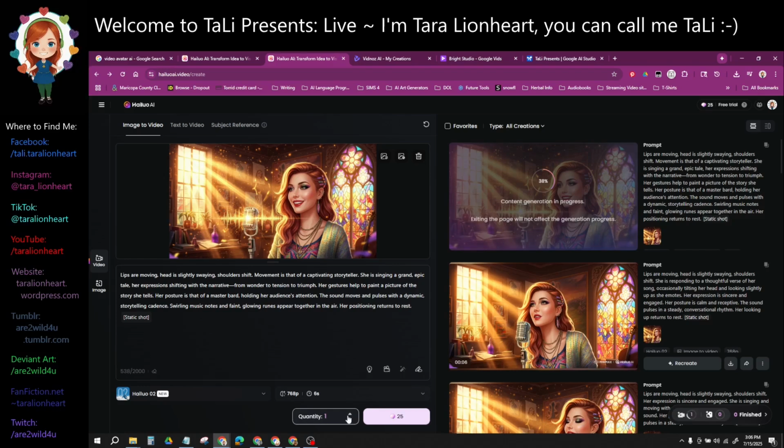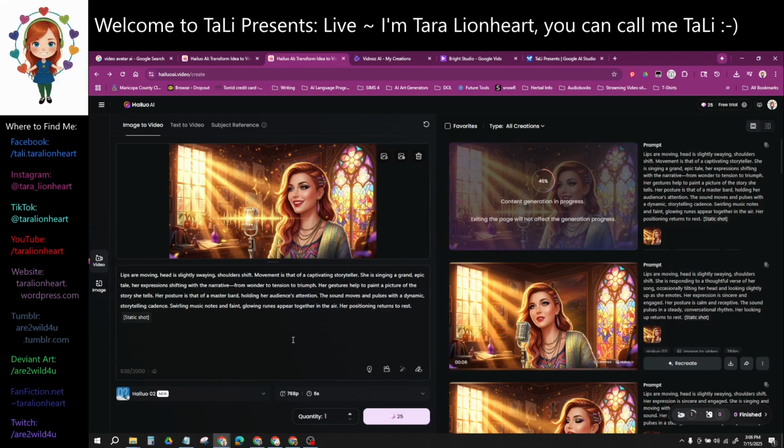Then you actually can produce multiple videos, which will increase your cost. I've not done that. I am a let me generate one at a time kind of AI person. I will get annoyed at my Leonardo.ai account when I am not able to generate just one image at a time. Then within our text window, we're allowed up to 2,000 characters.